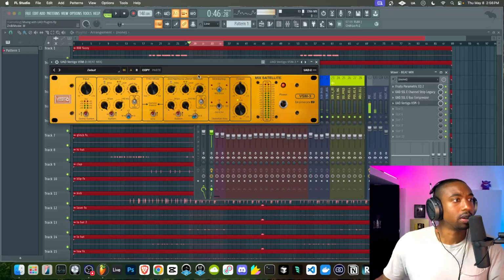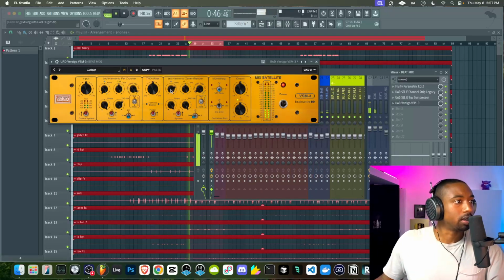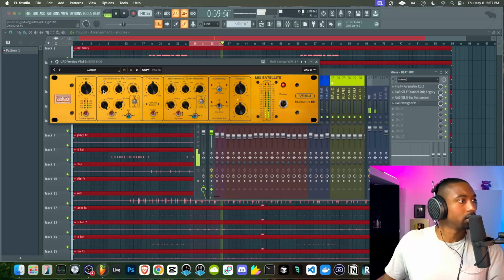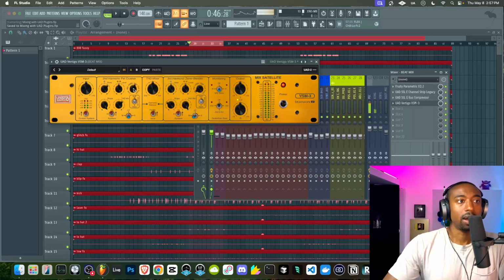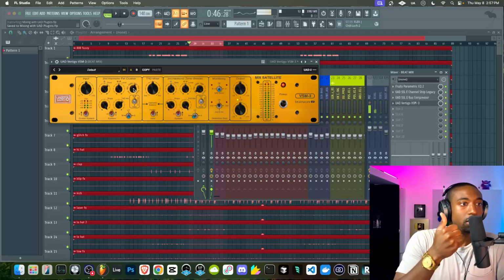All right, so I'm going to do something different here. Let's do mono and let's saturate just the lows. Trying to hear what this is actually doing to the tone. So I like that aggression on the lows. See if we can add some kind of width to the high end by saturating it. Because one thing I'm realizing with the UA stuff is I don't have a stereo plugin from UA to make stuff wider, control the stereo field.